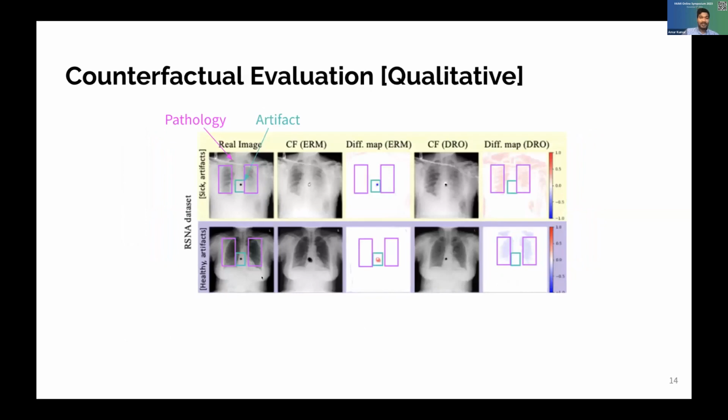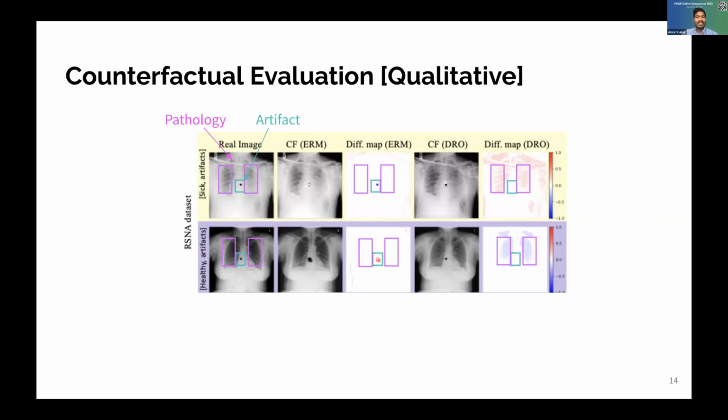Now, that's not the complete aim, because we also want to evaluate whether this DRO focused on the right region or not. So over here is a qualitative evaluation of the image. If we take a look at the first row, we have a real image of a sick patient which contains the artifact. The pathology of the disease is shown in magenta squares, and the artifact is shown in a cyan square. If you look at the counterfactual image, the second image, titled CFERM, the only difference happens in the region where there is a black dot. So essentially, what we conclude from this is that the ERM-based optimization method focused on this black dot and concluded that this black dot is the one that is responsible for making the patient sick,